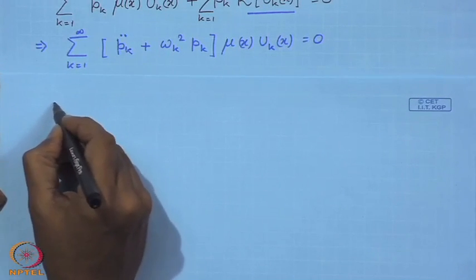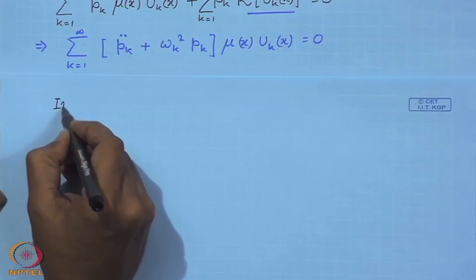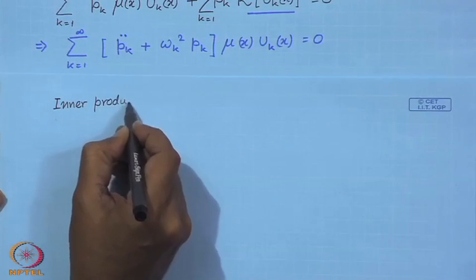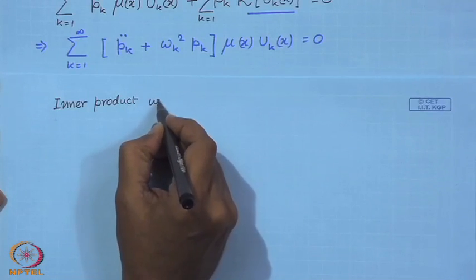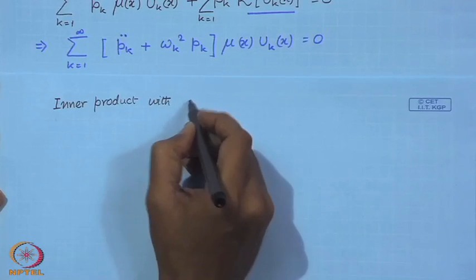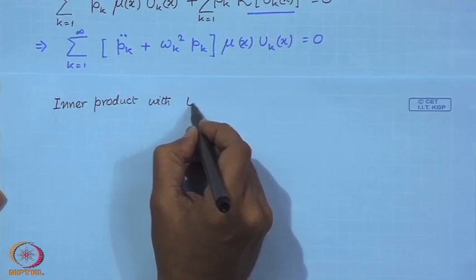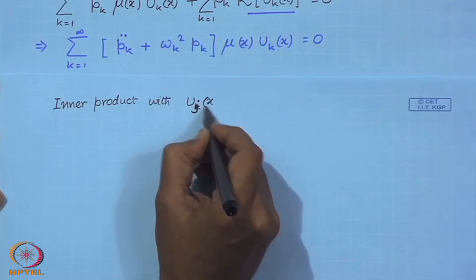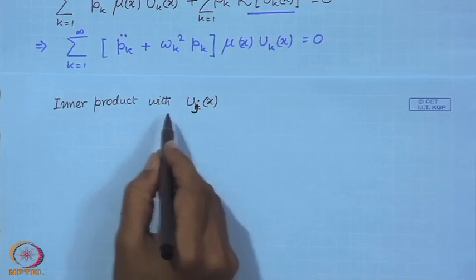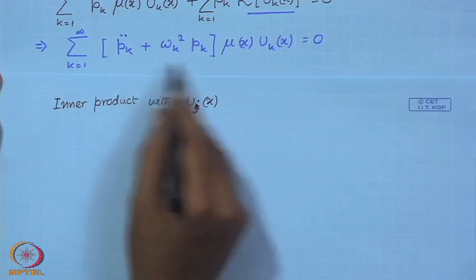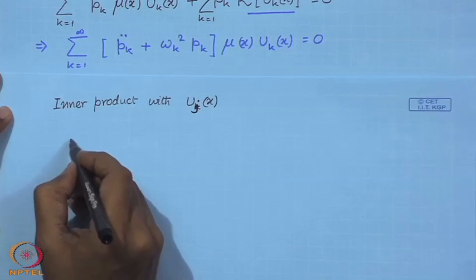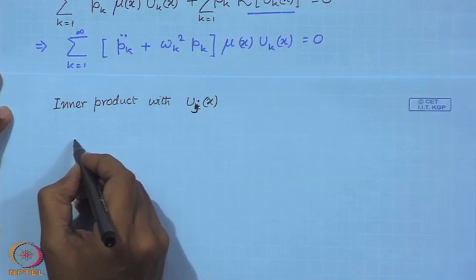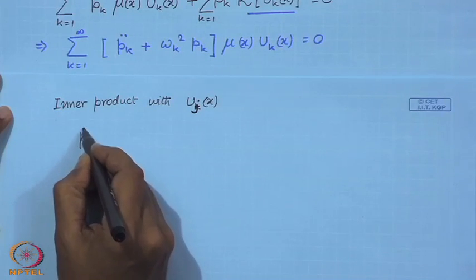So, this I will say will take the inner product with, let us say, u j. If I take inner product with u j, then that filters out the jth term in this expansion. So, I will have